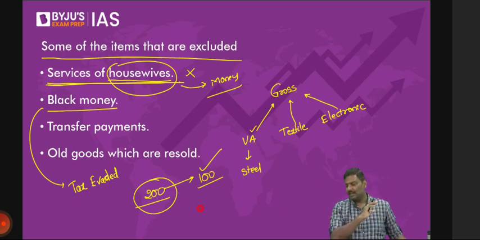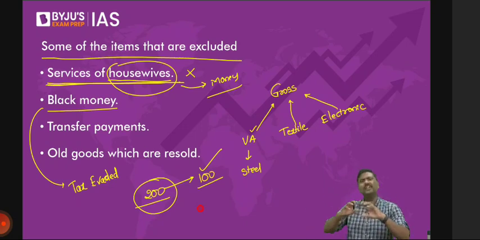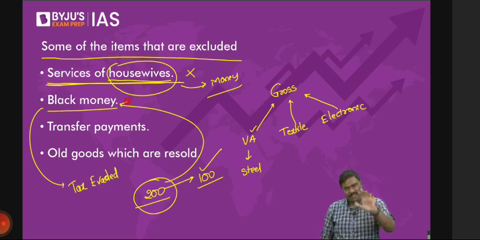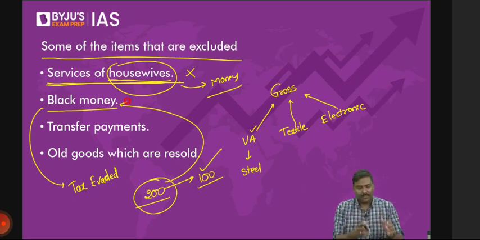So argument is simple. A lot of black money is generated. It is very difficult to find out how much is the amount of black money. There are different formulas, but none of them will give you exact number. Why? Black money is basically getting circulated. There is absolutely no paper track of it. So that's the reason whenever black money is generated, and in fact it is there in India and as well as many other countries, it is very difficult to account black money in the calculation of GDP.